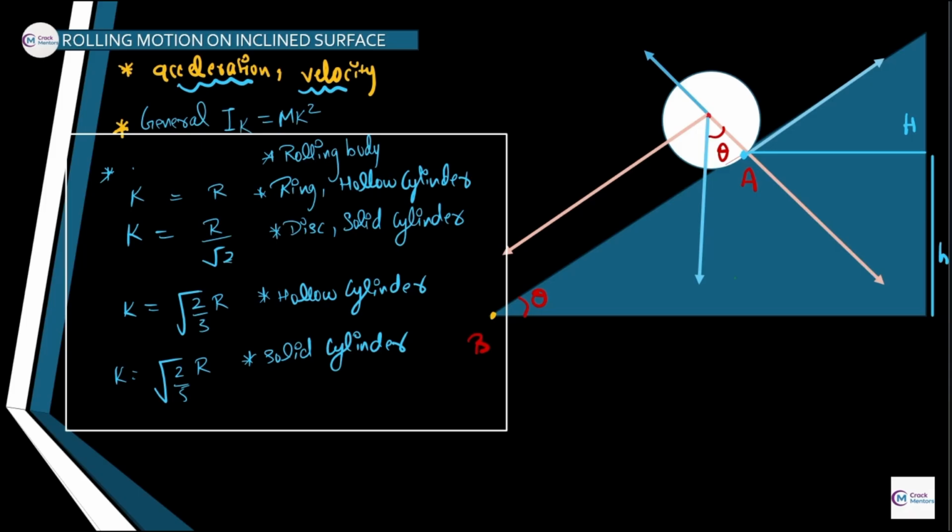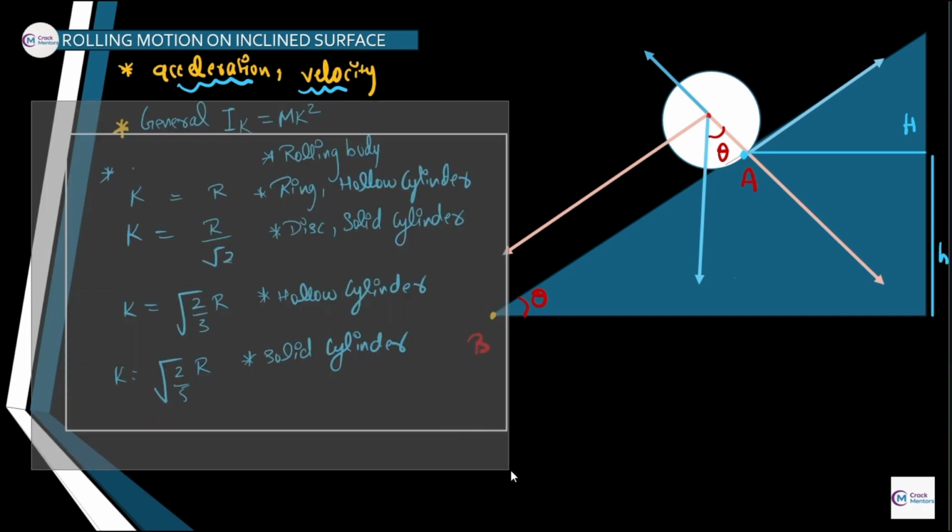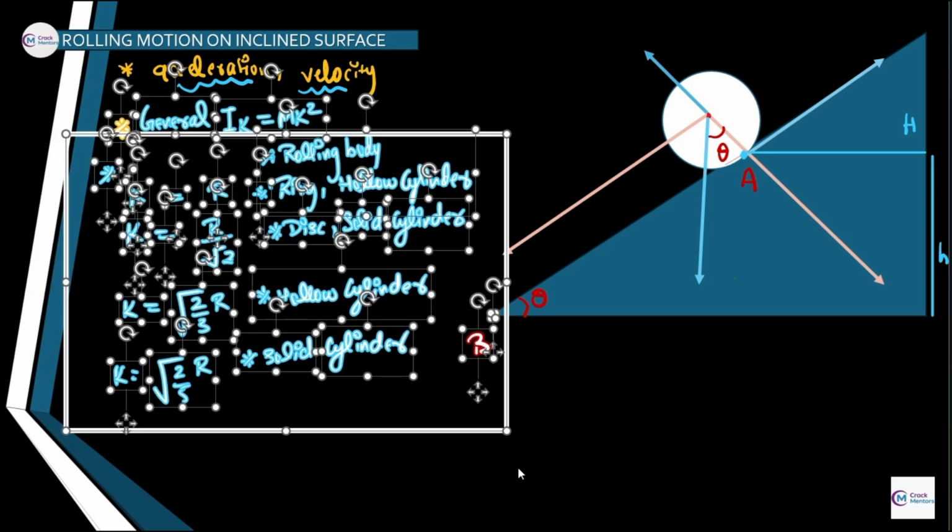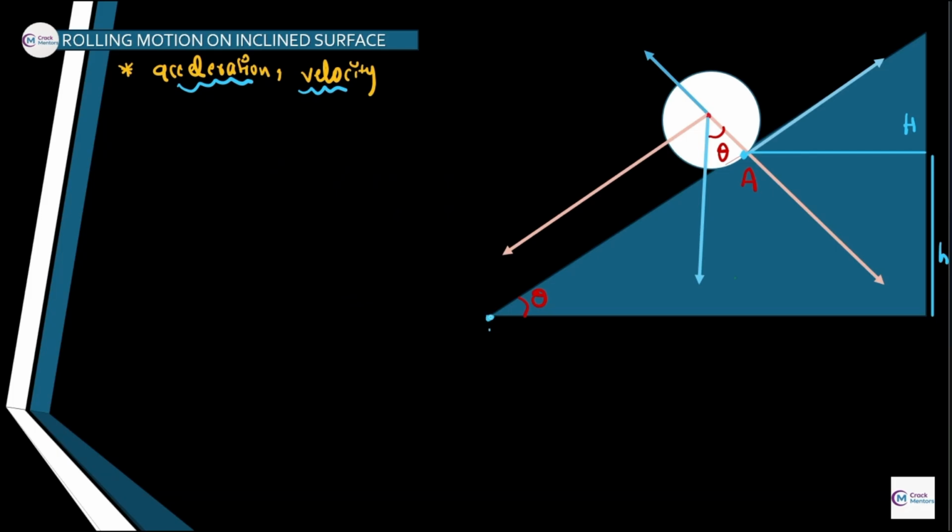Let me delete this part. Now this is the point B which I am talking about. What is the velocity? We can solve it by two different methods. First, we have kinematics, and another one is energy conservation. Which one would you like? You can go with either. I'm going with energy conservation, as you have practiced a lot of kinematics, so you should go by kinematics and match my answer. So let us focus on this part.